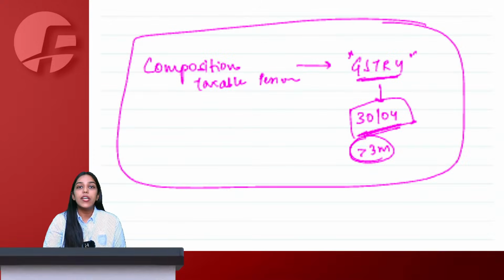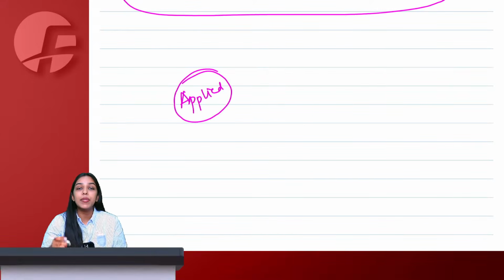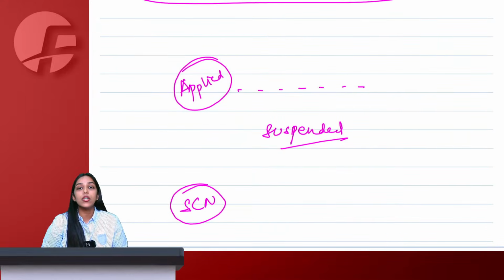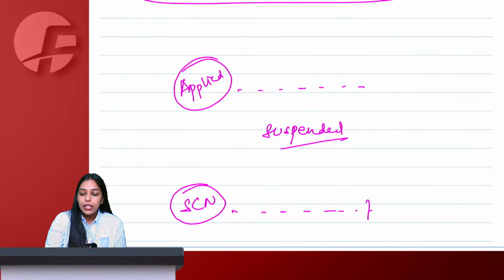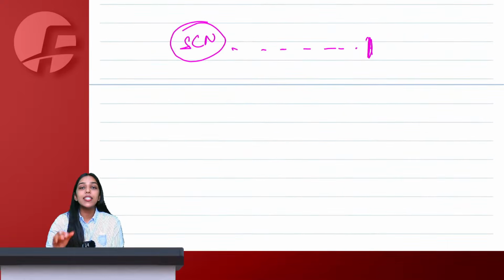And for the period when your registration proceedings are going on, let us say I myself applied for cancellation today. Now the officer will check everything and then give me a cancellation order. So during this time, what will happen? My registration will be suspended. Or let us say the proper officer has issued me a show cause notice asking why should we not cancel your registration. If my show cause notice is issued, it means my cancellation proceedings have started, but the proceedings are going on. Till the actual completion of proceedings, my registration will be suspended, which means during the suspension period, I cannot file returns. During the suspension period, I cannot file a refund application. All of these things will be blocked for the suspension period.